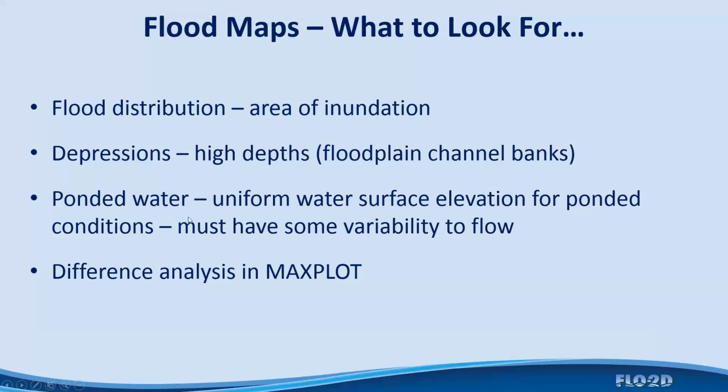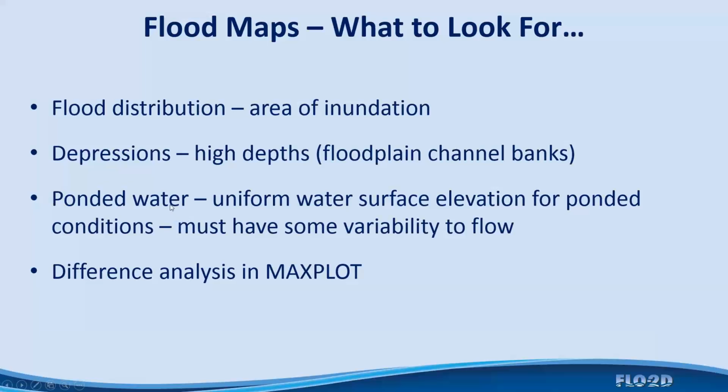If it's still flowing and moving around in the pond, it has to have some variability to flow. So if you're expecting it to flow out of the pond by overtopping a weir or something like this, or a reservoir, then you have to look at ponded flow and what's going on, whether you have high velocities in the ponded flow condition, which means that